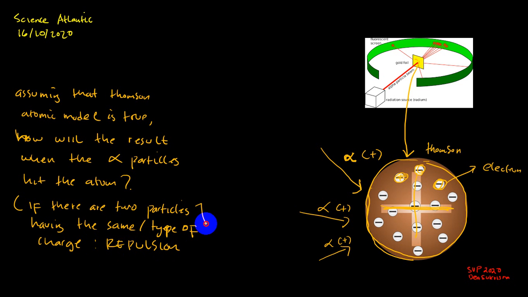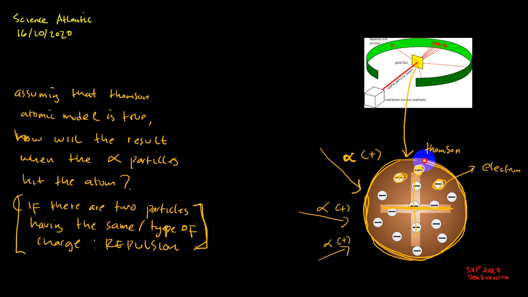Okay, remember. That's why you have to identify what the alpha particle charge is, and what this atom's charge is. I mean, the big one. What is the charge of it? And then what do you think will happen if you hit the atom with the alpha particle charge? Okay, what will happen? And then write your answer.